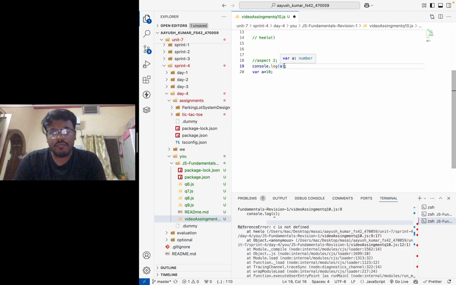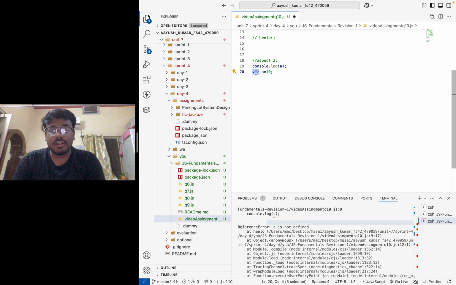But what happens if there is let or const? When there is let and const, it will give a TDZ, that is the temporal dead zone, because let and const cannot be accessed.